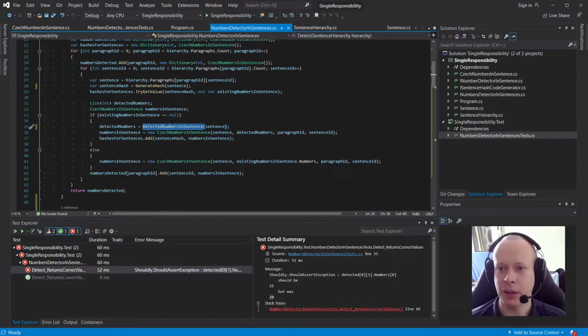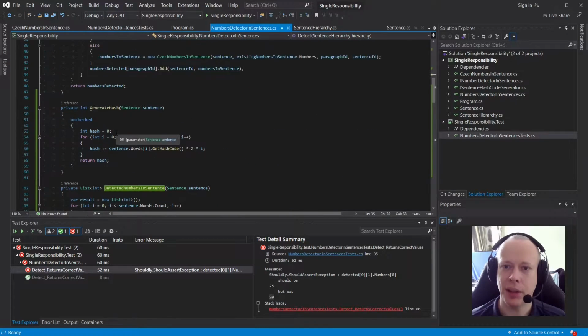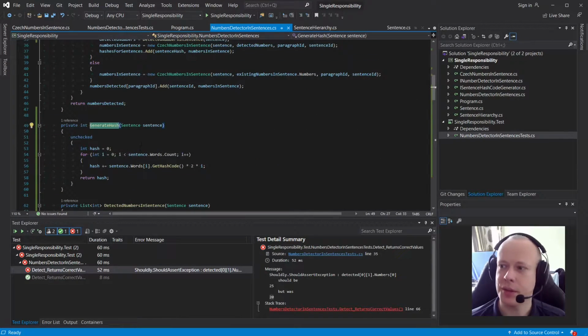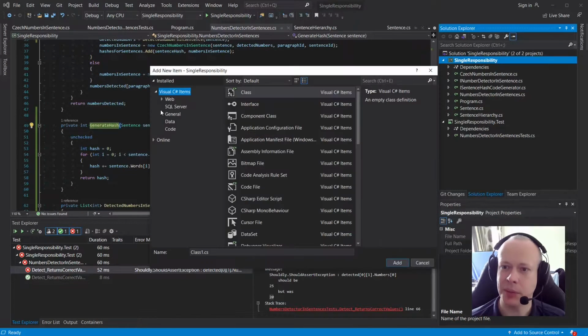This one is a sentence number detector. It doesn't deal with the whole structure, so this is another place where you can split it out quite easily. Let's talk about the GenerateHash first. So if we split it out, and we should split it out, we split it out and we say